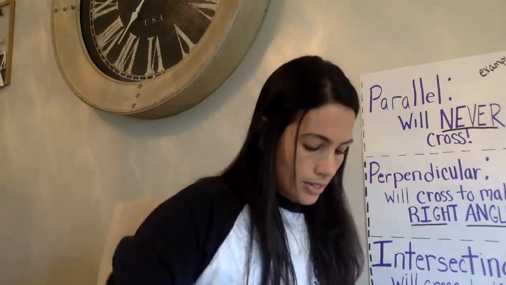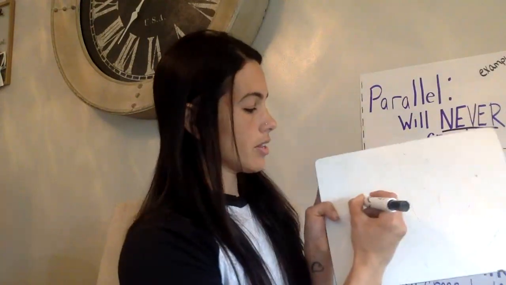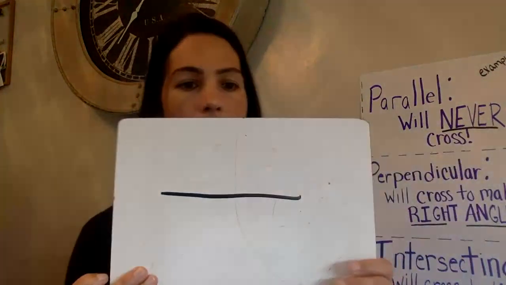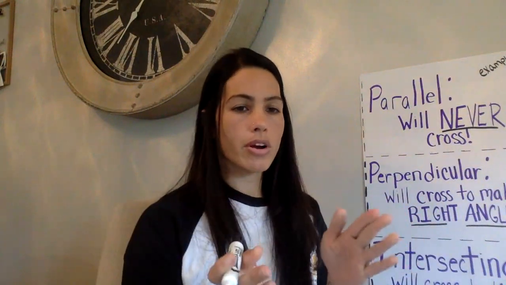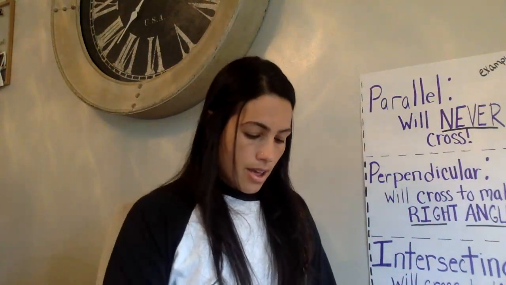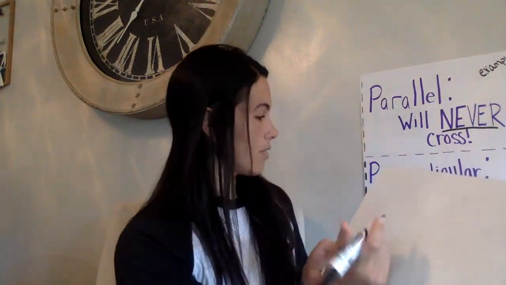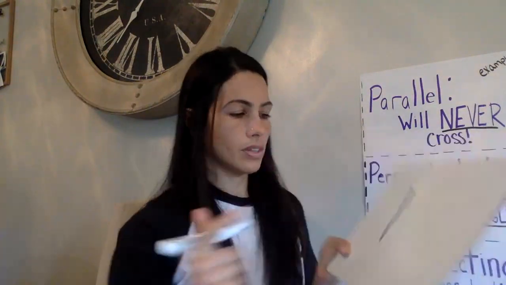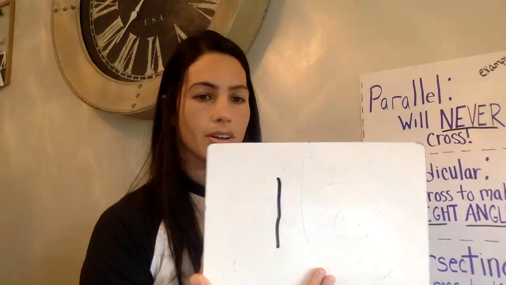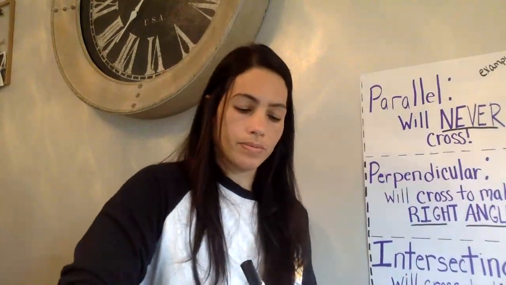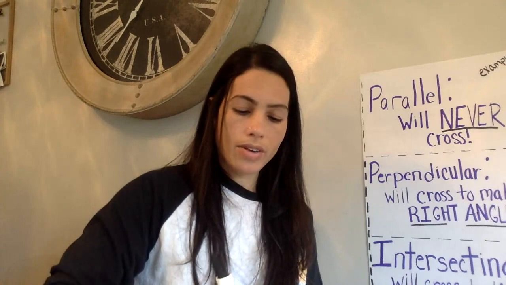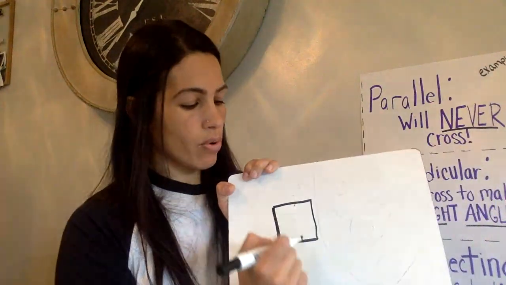And then the last two words you learned were horizontal and vertical. Horizontal is just a line straight across. Remember, I said to think of the horizon. It's the line where the land or the water meets the sky. And then vertical. Just straight up and down. So think of a flagpole. So if you were to look at a shape, like a square, we have 2 horizontal lines and